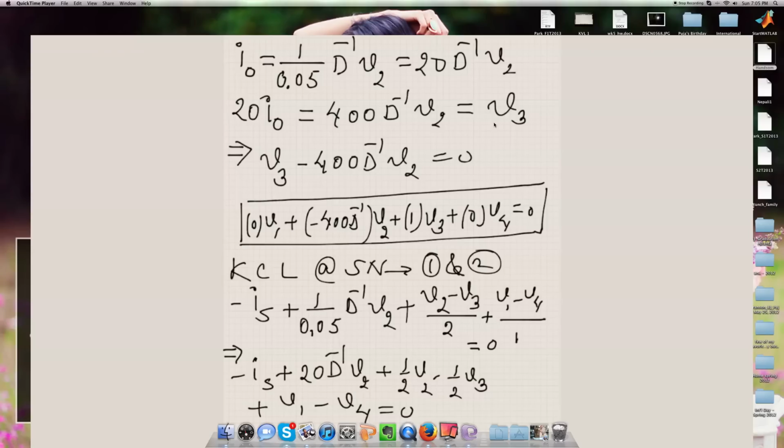Okay, so we will simplify this or make it ready to go to the box, so we can put that in the